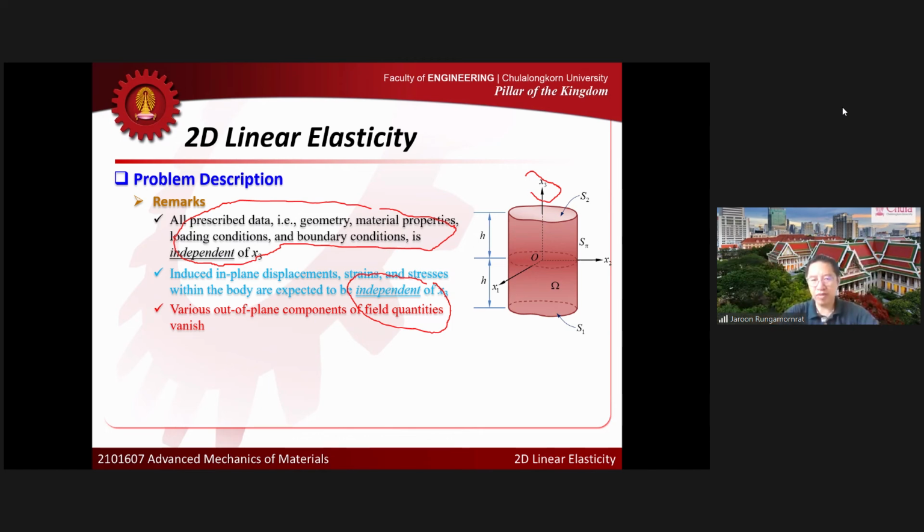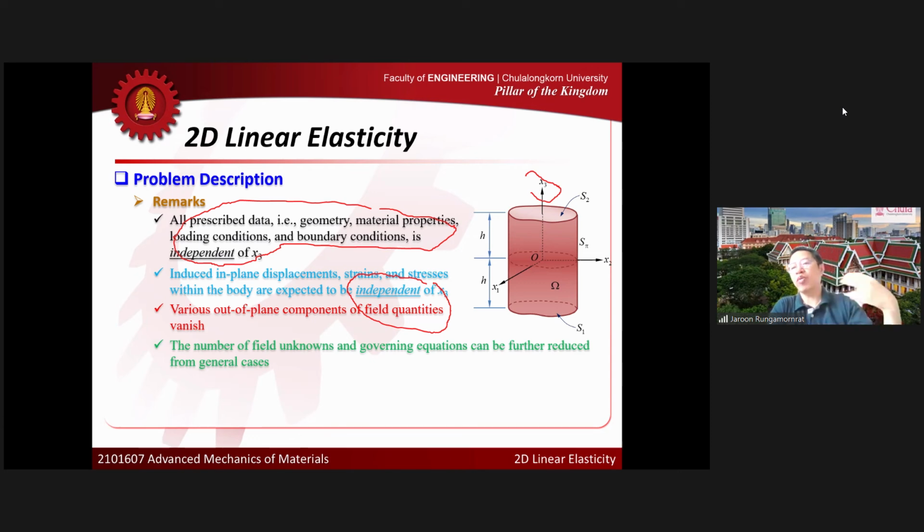right? So if that is the case, the displacement, stress or strain components that involve X3 should disappear too, right? So that's what we expect. So some of the quantities should disappear automatically due to the simplified